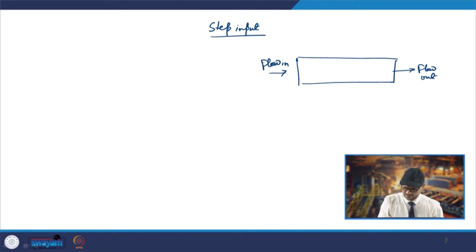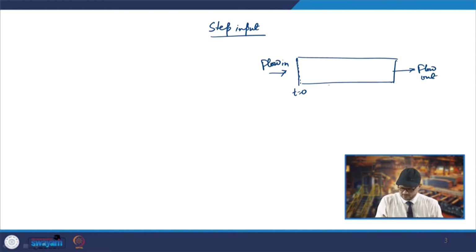You will have t equal to 0 here, and in the normal ideal plug flow, when you go for a step input, after some time, that is your residence time, the concentration will rise automatically and your dimensionless concentration will come to 1, whereas in the dispersed plug flow,